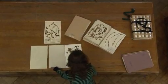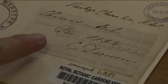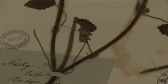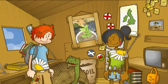So Darwin actually sent the plants which he found to Kew Gardens. He certainly did. And they have lasted this long. We can still see them so many years later. Yes. Pressed plants last a long time and are really useful for identifying new ones which plant hunters find. And, as you found out on your great plant hunt,